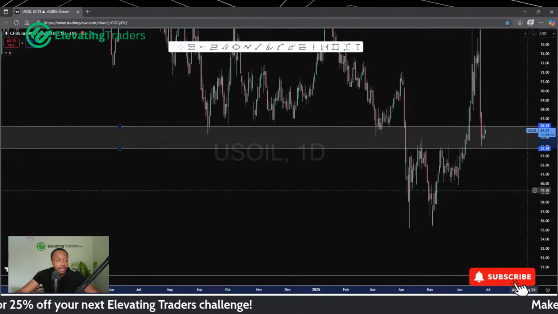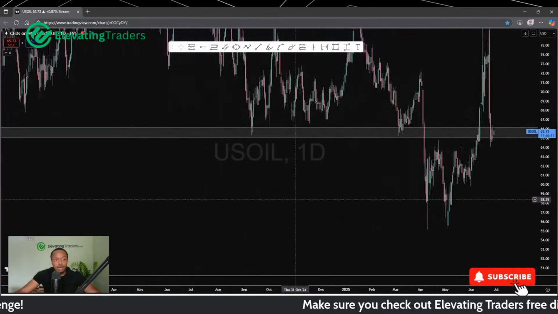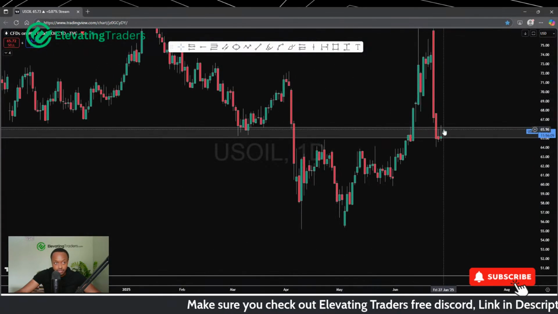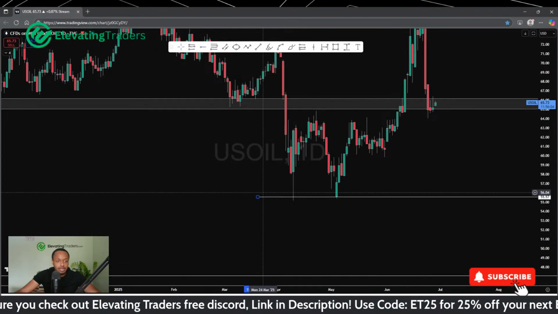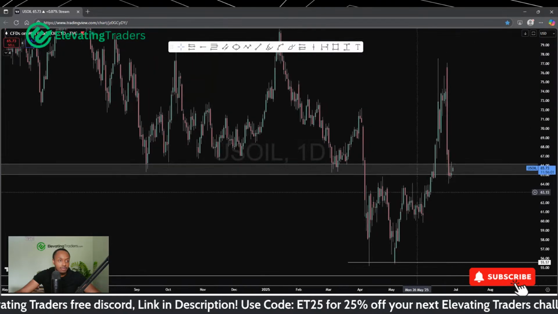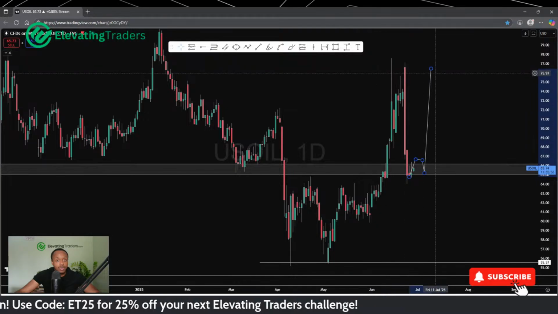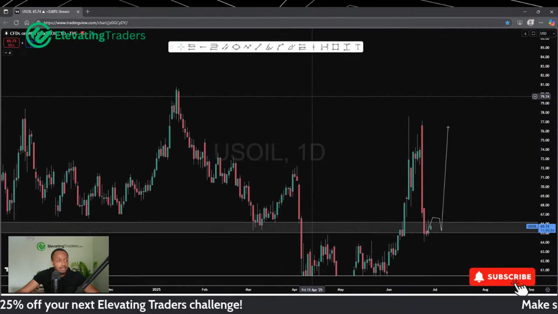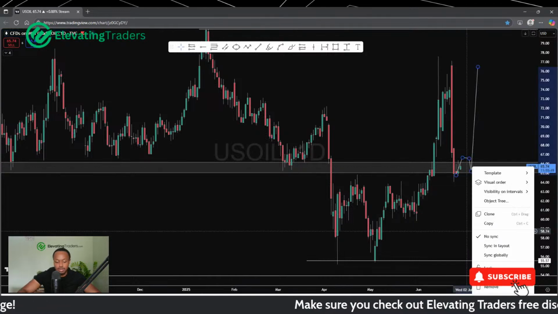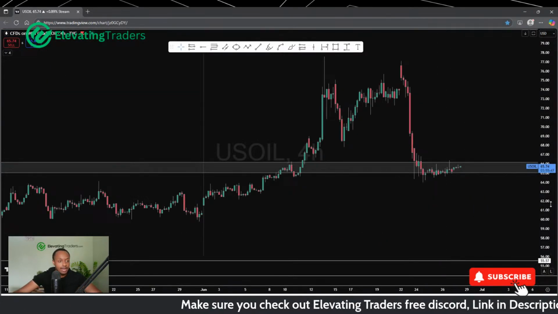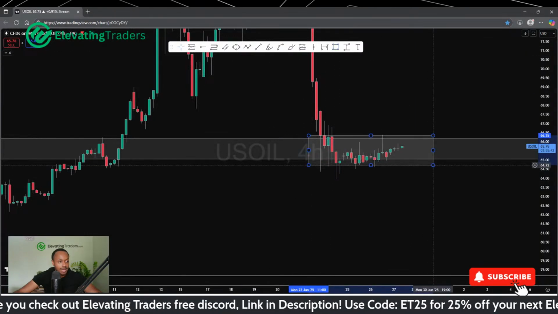But yeah, the plan basically is, can we hold support here? If we do that, then I would be looking at a pretty big move higher. If price does break below, then I would be looking at a push back into the lows here at 55.57. But if we can recover this and use this as support, then looking at a push back into 75, 76, then eventually a push back into 80. And at the moment, I have to say, oil is pretty flat. It is pretty flat. So it's not looking anything spectacular right now.